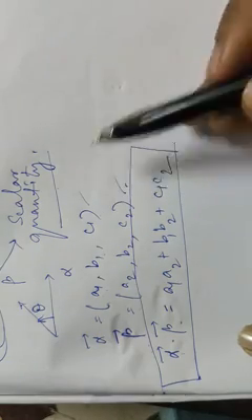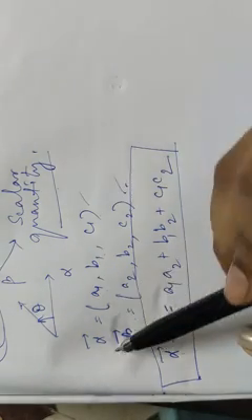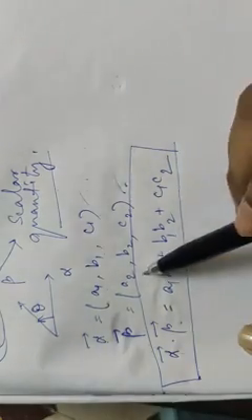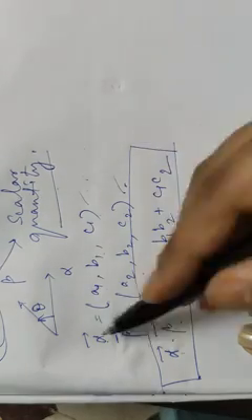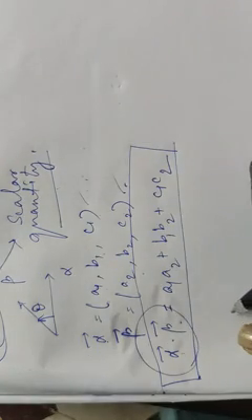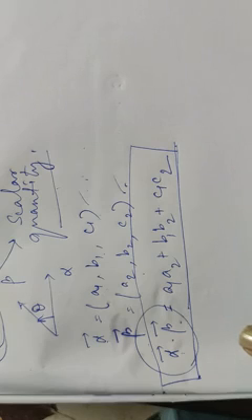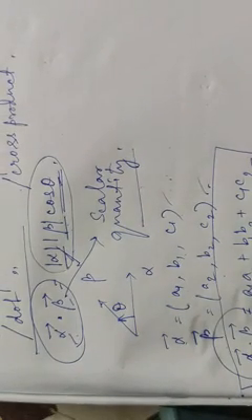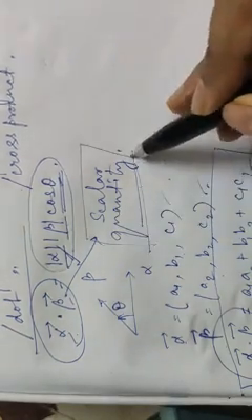So if the question comes like, given alpha, a vector, suppose 2, 1, 3, and beta is given as 3, 4, 5, then you can easily find out alpha dot beta just by applying this rule. Okay, this is how we define scalar product or dot product. Remember the very important thing: in the dot product, the resultant is not a vector. Though we are multiplying two vectors, it is a scalar quantity.